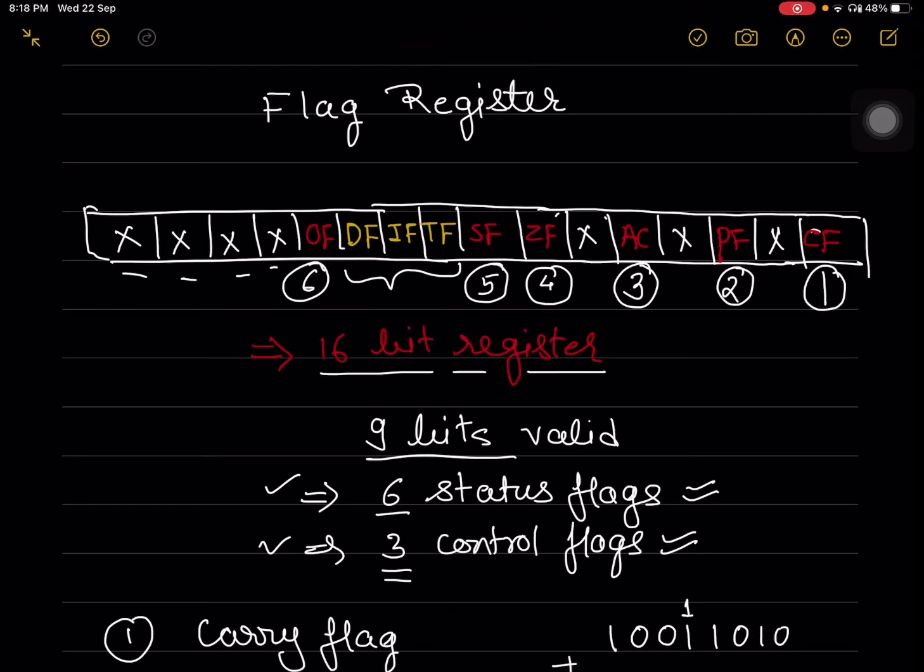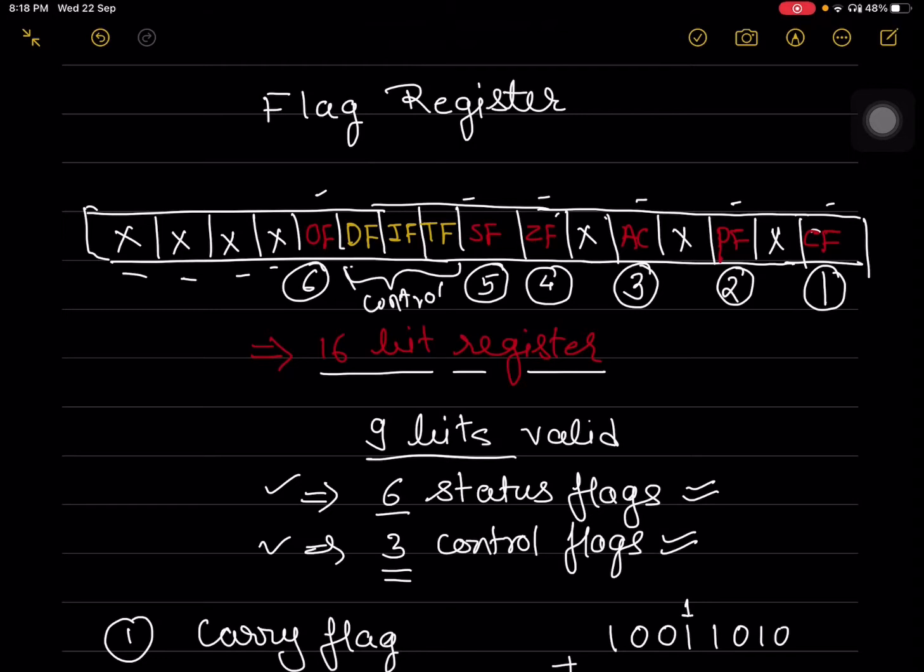In the figure, the flags which are marked in red are all status flags, and the flags mentioned in yellow are all control flags. So a total of 6 status flags and 3 control flags are available in the flag register. To begin with, we will start with the status flags.